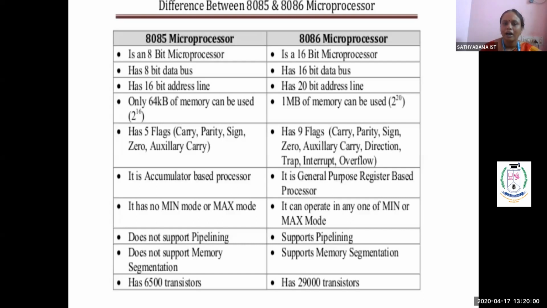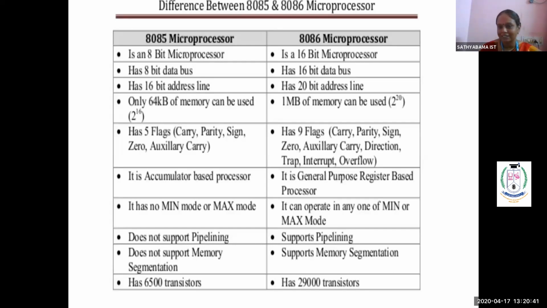And one more thing, for a microprocessor the characteristics will be the same. When you take the microprocessor, the ALU unit and central control unit will be embedded on a single chip. So if I want to interface memory, it is an external memory. Through external only I have to interface; there is no onboard memory. Yesterday we saw about onboard, but today with a microprocessor, if you want to interface memory, it will be present externally only. So 8085 has 64 KB memory and 8086 has 1 MB memory. How is it decided? Depending upon the address line: 2 power 16, 64 KB, and here 2 power 20, 1 MB.